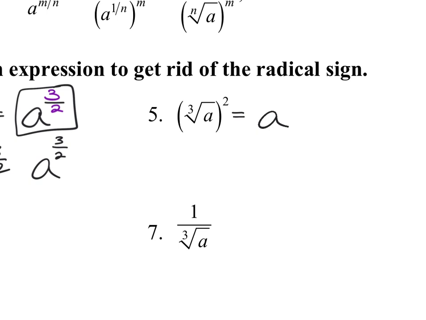A with an exponent of the numerator is behind. So what number is behind? 2. What number is in front? 3. So this is a to the 2/3 power. Numerator is behind. So numerator came from behind. Denominator came from front. So if the invisible number is in the front, it's 2, but if it's behind, it's